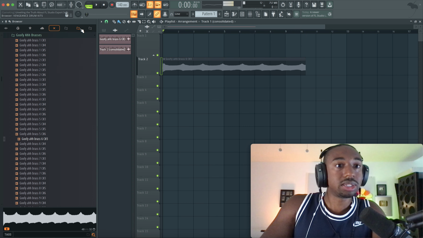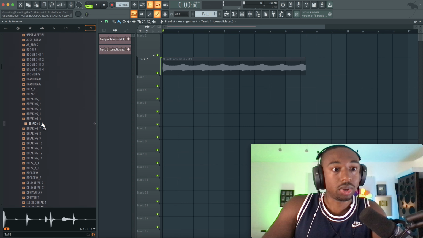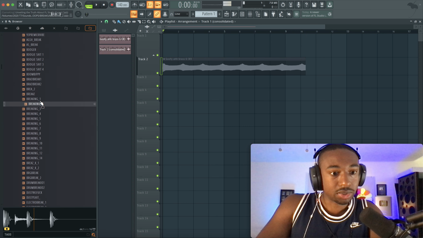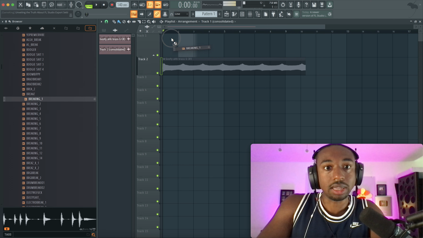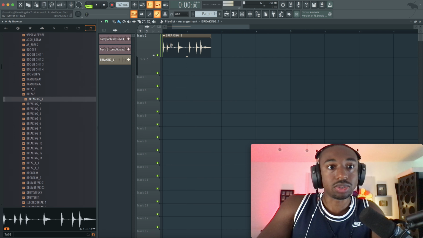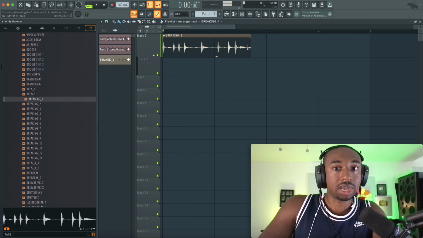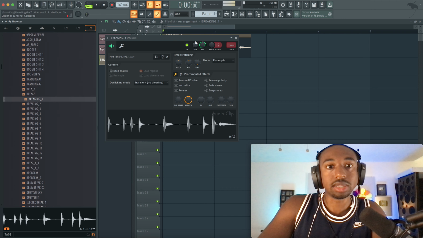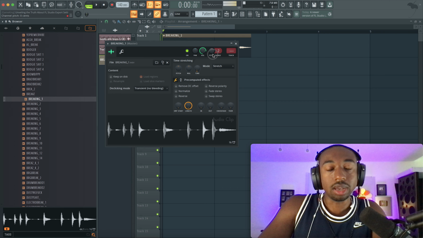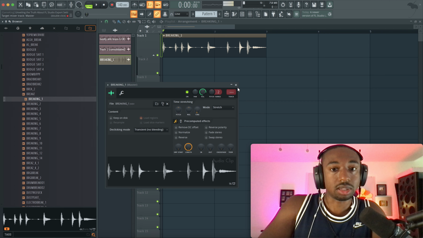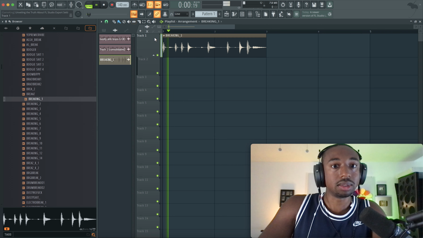Okay, so to prove this, just for people who want actual proof, we'll demonstrate it with the drum break. So let's find a drum break that has something at the end here. Okay, so now let's use a drum break, and you see there's this open hi-hat at the end. Let's stretch this to make it visible. Okay, let's stretch this to the bar. So now it's 2 bars in length.